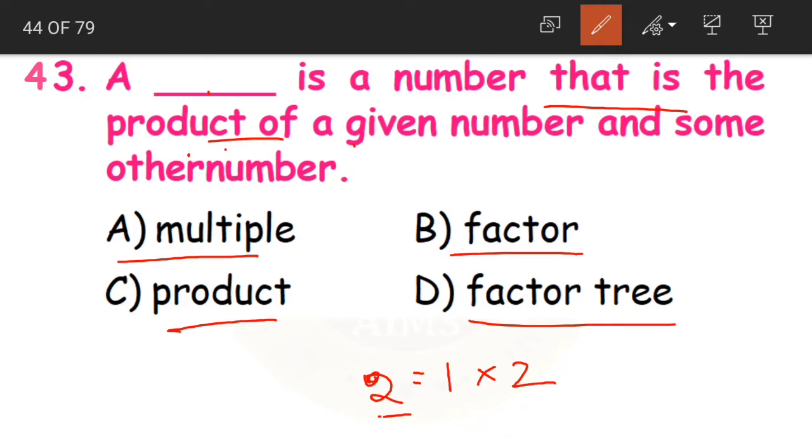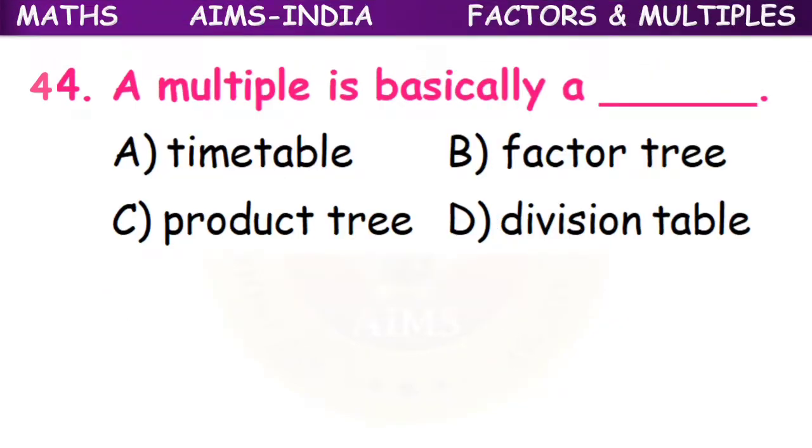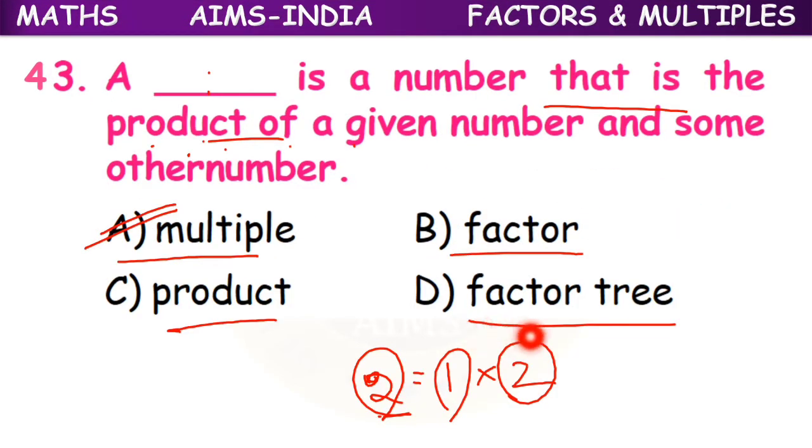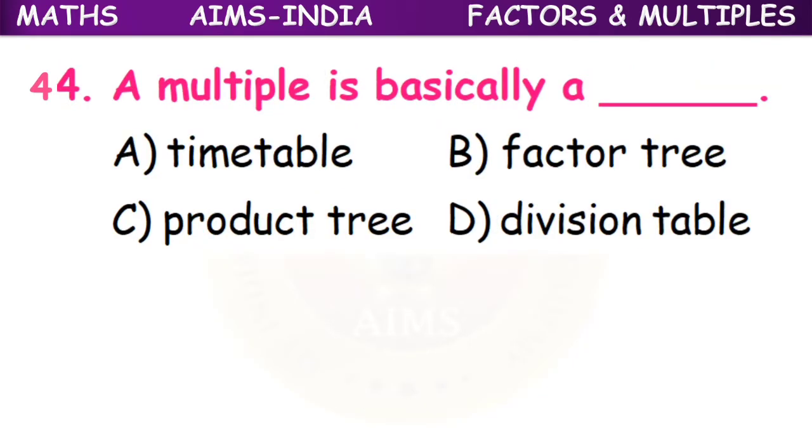See, again it cannot be a product, right? A product is a number that is the product of a given number. Yes or no? So the same term product cannot be used. So product can also be called as what? It can also be called as multiple. If you remember, yes, it can also be called a multiple. So option A multiple becomes our answer. What is the multiple? Multiple is the product of two or more numbers. Yes, when we multiply a number with another number, we will get the multiple. So the product is also called our multiple.